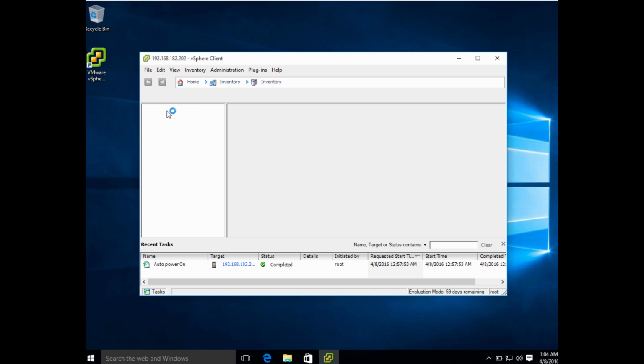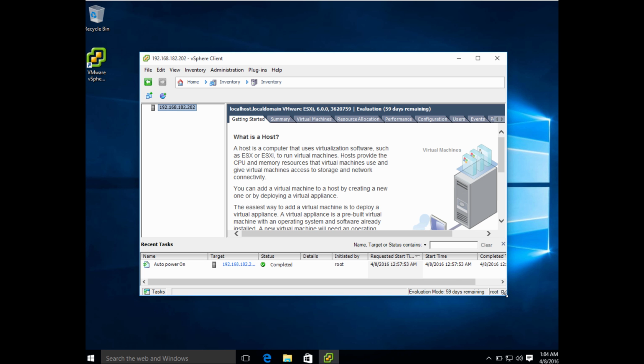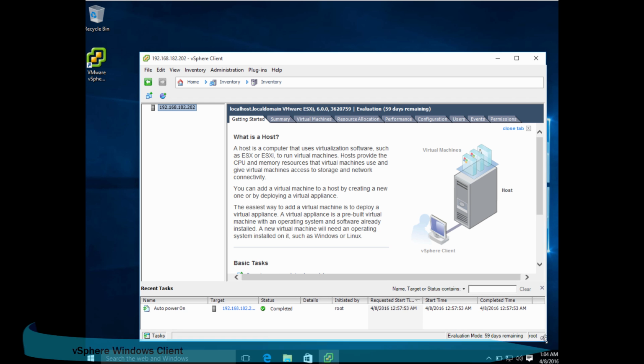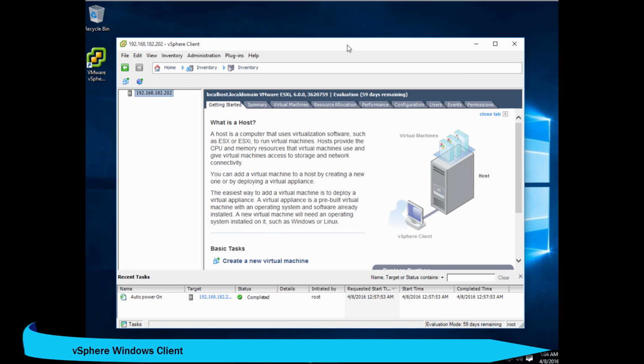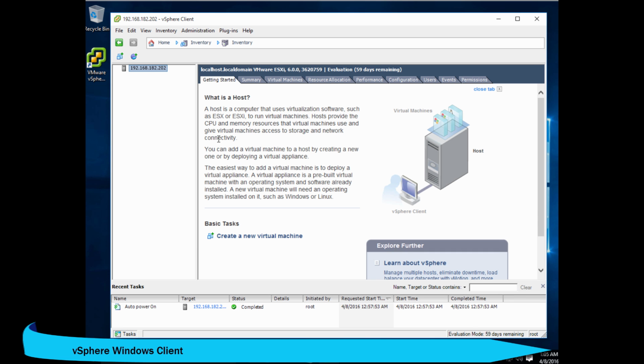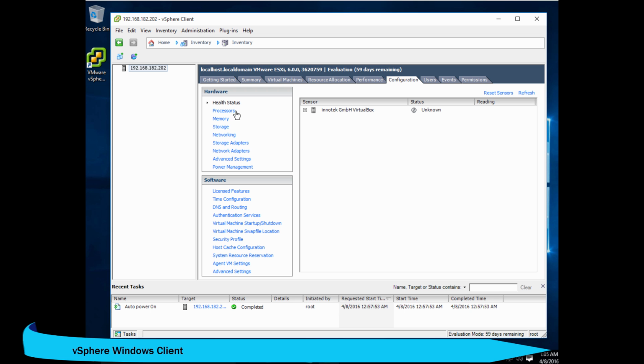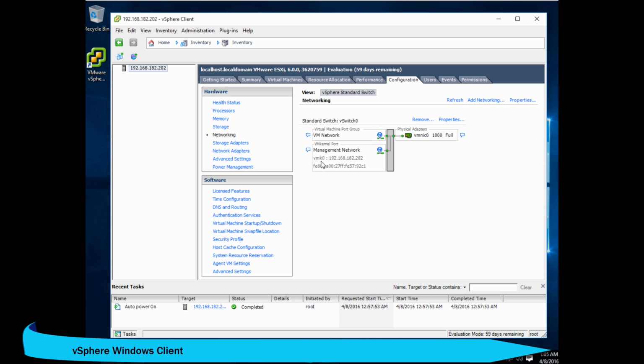We click on inventory. And if you want to get right in and start creating virtual machines, this is where you go. So we could go to our server. If you don't have DNS, it's going to list the IP address. But of course, if you have DNS in your network, it'll list the host name of the hypervisor according to IP address. So it gives you a number of options. These are management options to manage your hypervisor. You can see all the hardware configuration you could change, or view, or test, or just view the logs of,